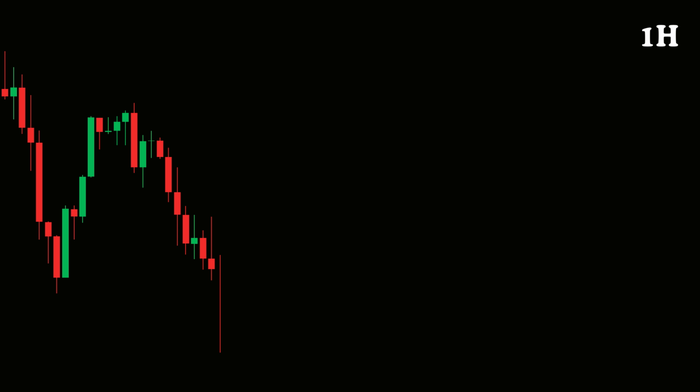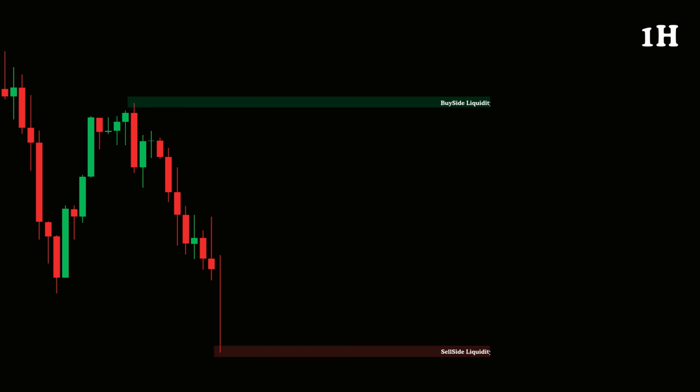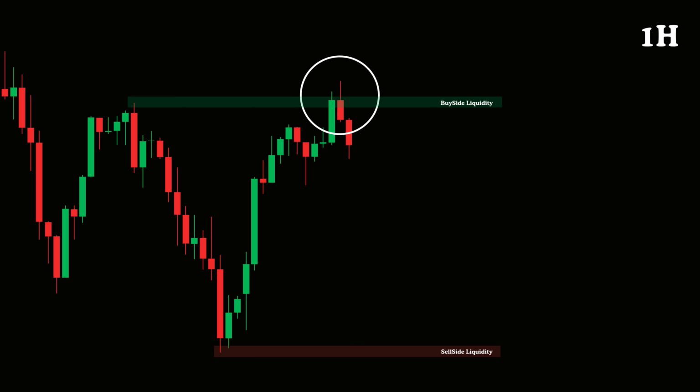First, apply the price action toolkit and enable the buy-side and sell-side liquidity zone options from the Settings tab. Once active, you'll see the key liquidity zones clearly displayed on your chart. Next, wait for price to break above or below one of these zones and then quickly close back inside the range. This represents a liquidity sweep or false breakout, where smart money gathers orders before preparing to drive price in the